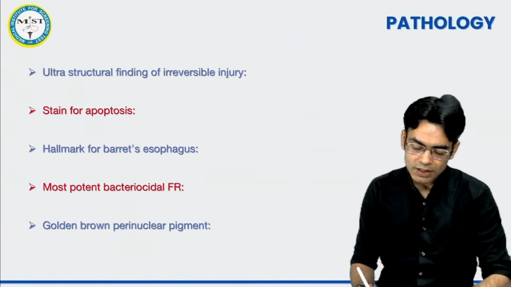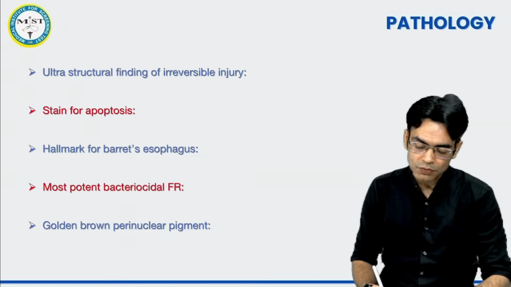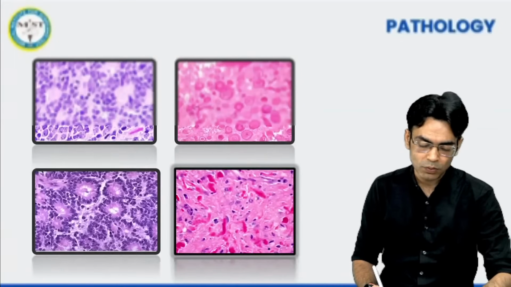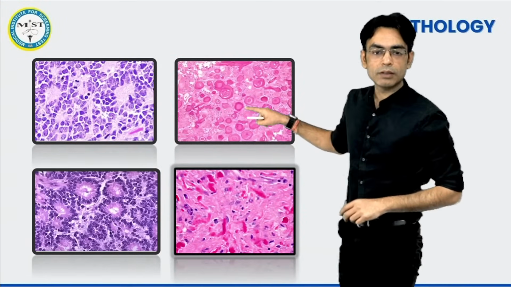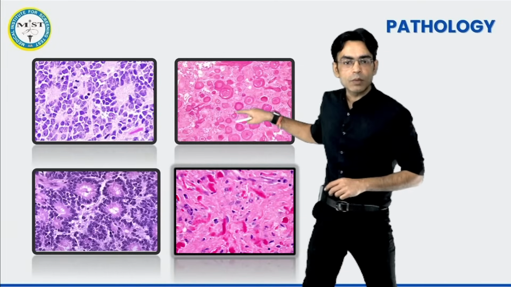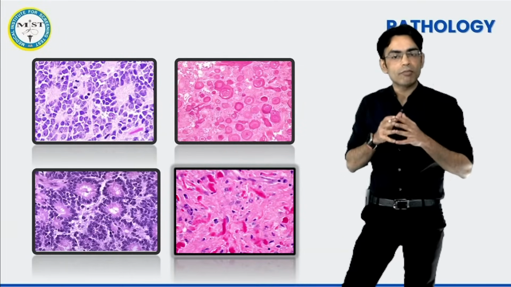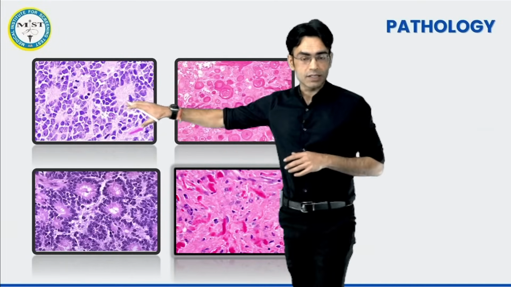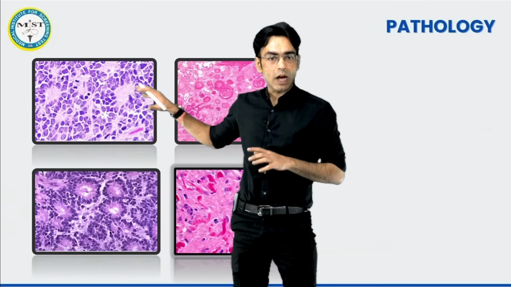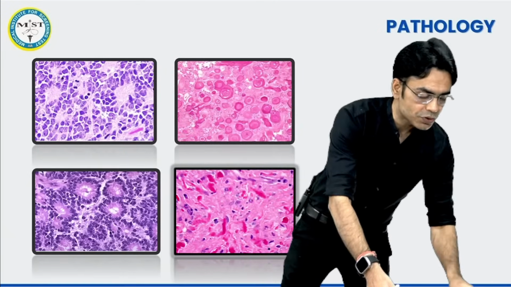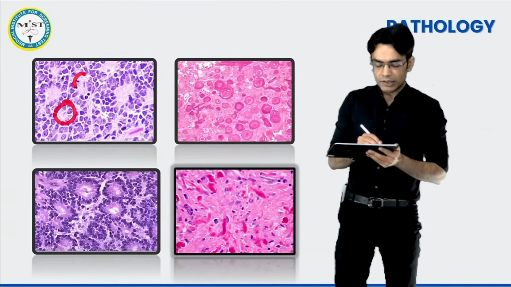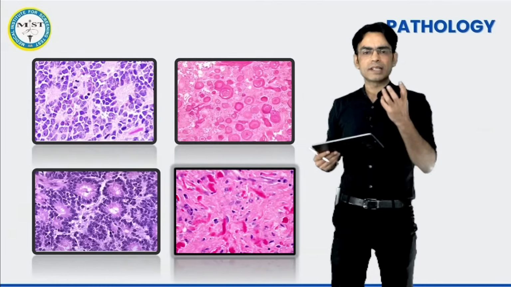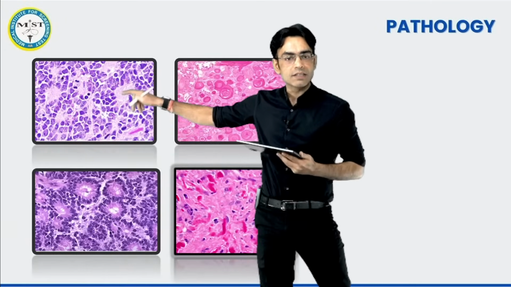So when I see a psammoma body, it's a whorly kind of a thing which we are getting. तो आप ये वाला स्लाइड देखो. अगर आप इस स्लाइड को देखते हो तो बेटा ये this is your psammoma body. ठीक है, अब यहाँ पे आप देखो it is coming in a whorly fashion. This is a finding of meningioma. ये जो चीज है, if I ask you what exactly is this, so आपको क्या दिख रहा है इसके अंदर, what exactly are you seeing in this? Yes, you are seeing these rosettes. हाँ, गुलदस्ता टाइप का चीज है ये. These rosettes you are seeing.